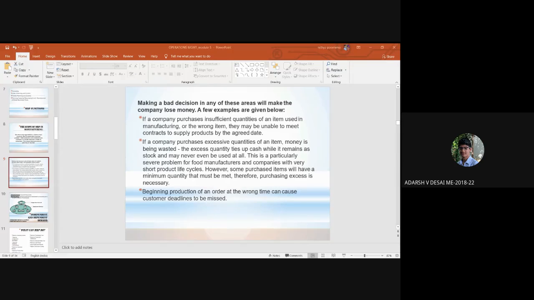Ma'am, assuming a coffee business, the raw product will be coffee seeds. In case we don't get quality coffee seeds at the right time, we won't be able to package and sell it to our customers. If there is a problem in the quality of the coffee seeds, or maybe the supplier is facing issues with supply, then we won't have enough coffee seeds to package and give to our customers. Hence we will lose customers.